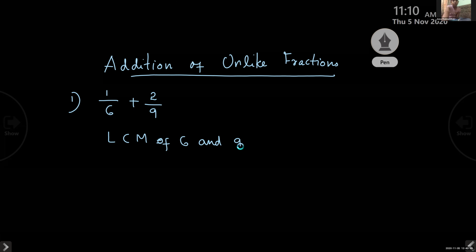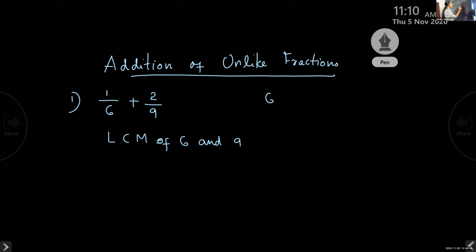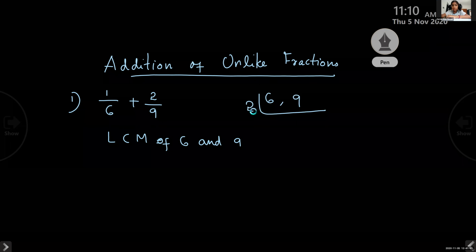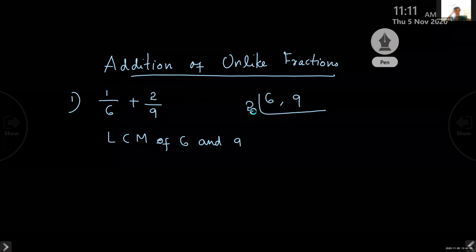Okay, you know how to find the LCM. Clear. In this, don't use the working column. This LCM is a part of your answer. So 6 and 9 you have to write like this. And you know to find LCM, which is the least prime number, children? 2. Start always with the least prime number 2. Okay.